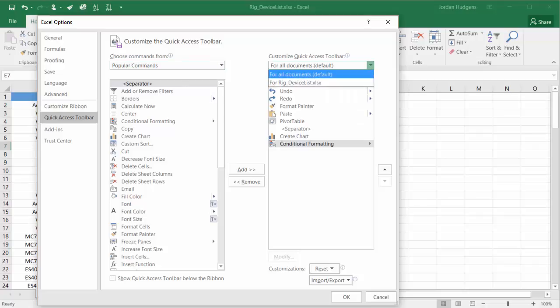You also have the ability to say, I want to have this customized for all the documents or just for the one that I'm working on. This is very helpful, because say that you're working on a spreadsheet that requires a lot of different chart customizations and things like that. You may not want to have your Quick Access Toolbar filled with all kinds of chart features for every single spreadsheet that you work with, but for a specific one you may want that, and you can customize it just like that. I'm going to have it for all documents. I'm going to hit